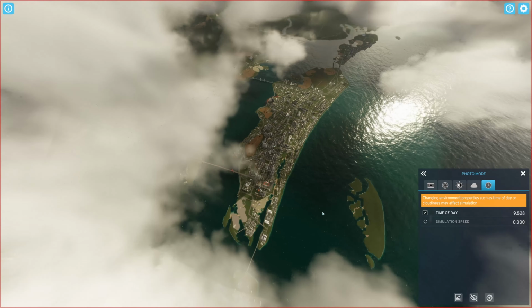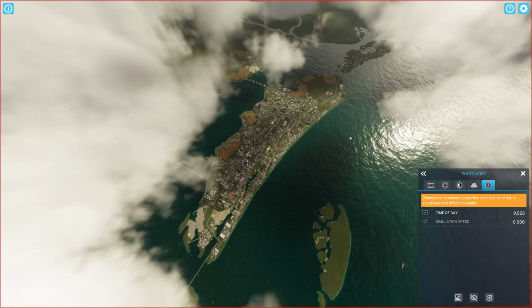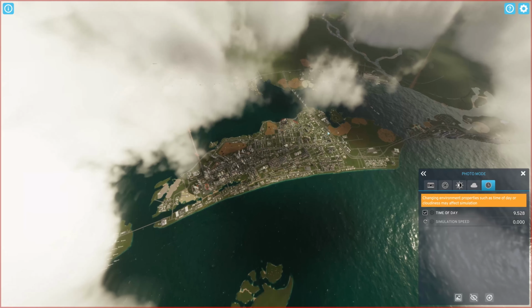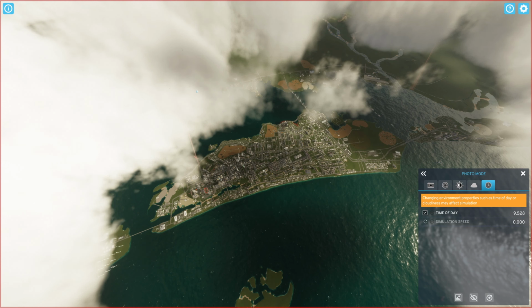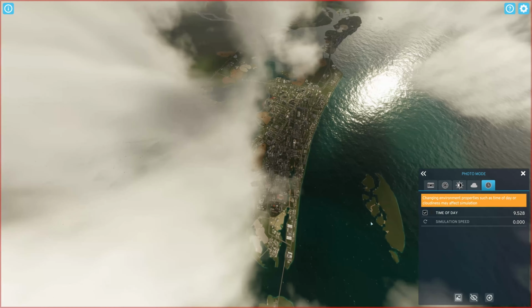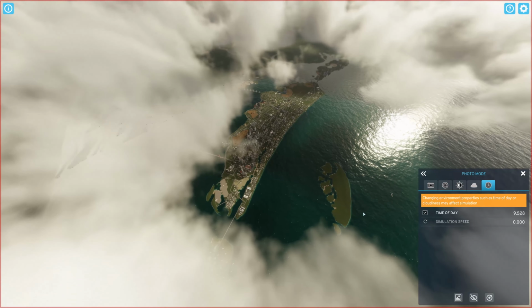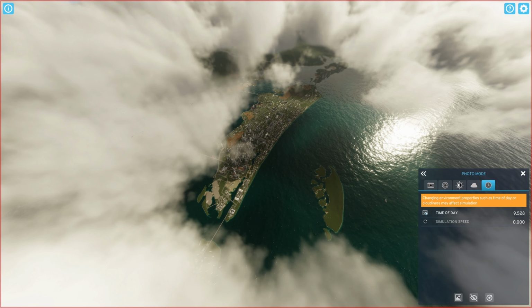You might notice when you're moving around, there's some kind of little artifacts going around with the volumetric clouds. So every time you take a screenshot, I would just suggest you stop for a few seconds and let the clouds do their thing, and those will eliminate the artifacts. Okay, so let's get a good view. This looks great. I'll take a photo, and now I will just deactivate everything